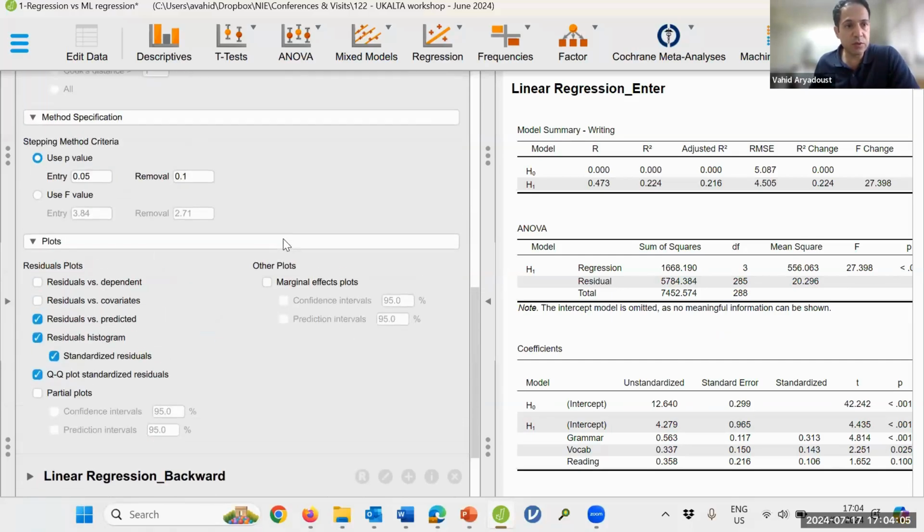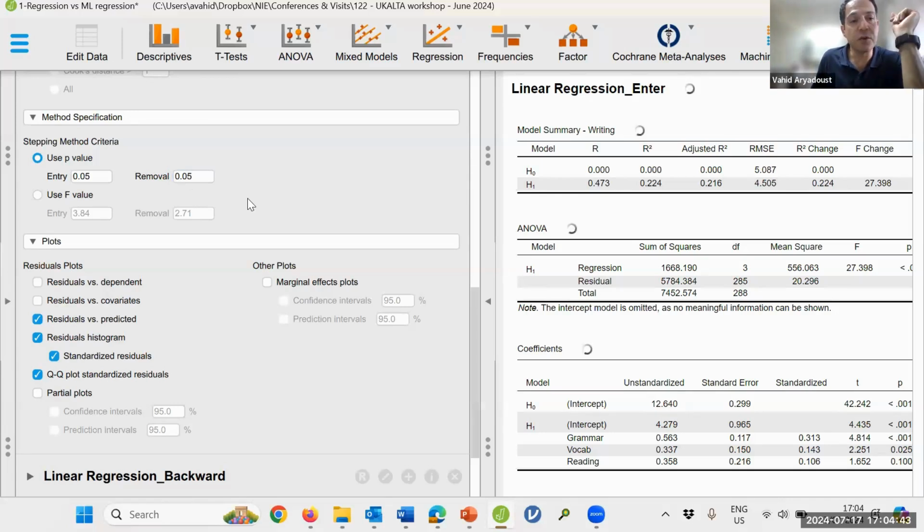What else do we want to get? The p-value. You can set the p-value at 0.05. And if anything has a p-value smaller than, here the default is 0.1. I think this is not a very good default value. I would remove it and replace it with 0.05, which means that when you are doing the regression model,